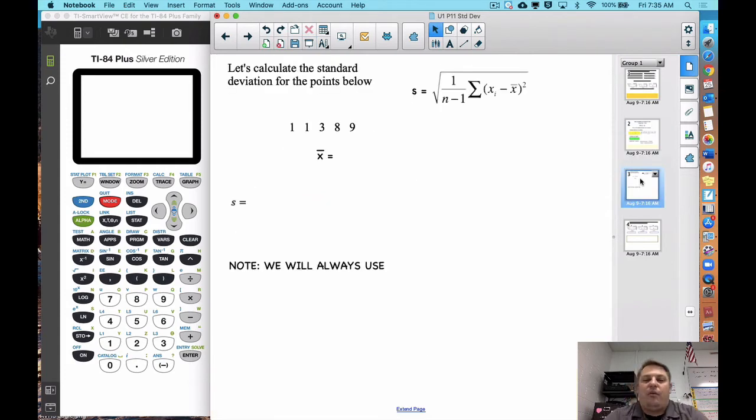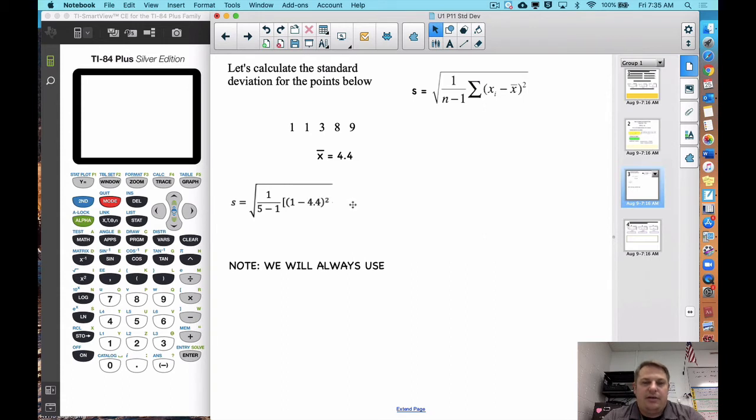You do not need to write one out like this, but I just want to show you how it works. If I take the numbers 1, 1, 3, 8, 9 and find the average, it is 4.4. So if I was going to use this formula, I would start with my square root. Then I would have 1 over 5 minus 1, because there's 5 numbers here. So I'd have 1 over 4 at the beginning. And then in a big set of parentheses or brackets, I'm going to take each number minus the mean and